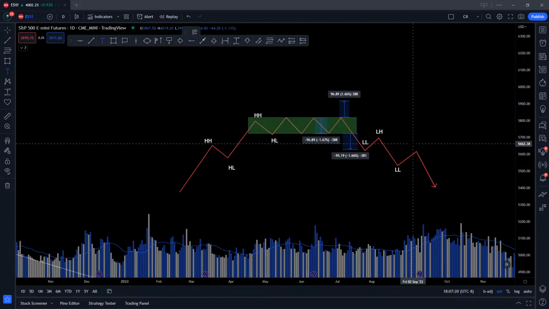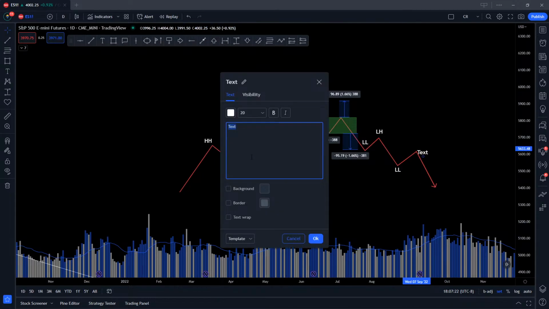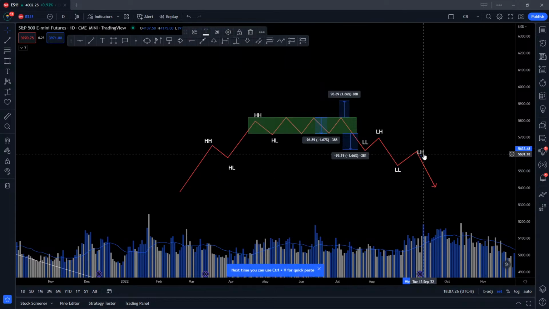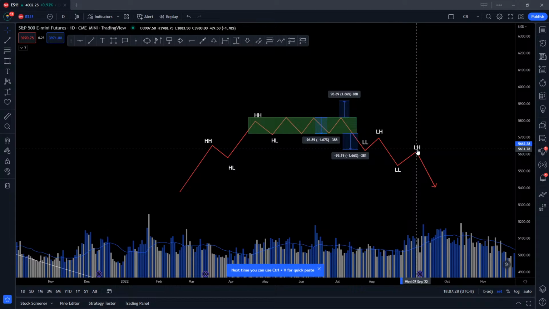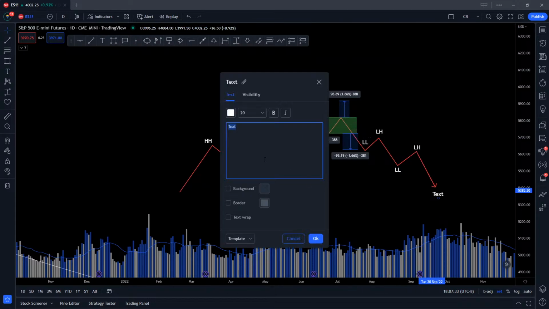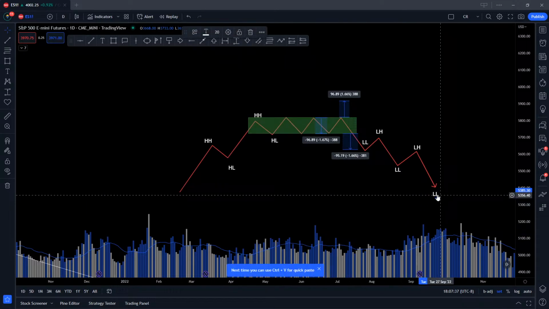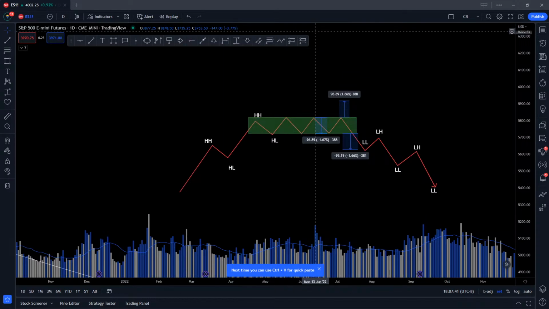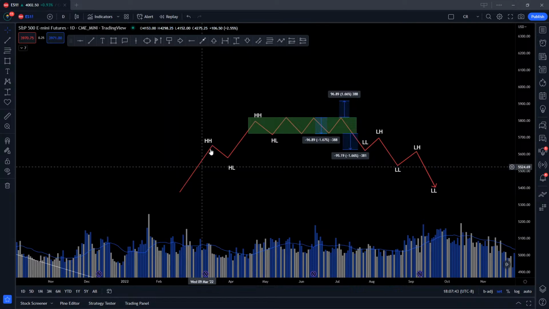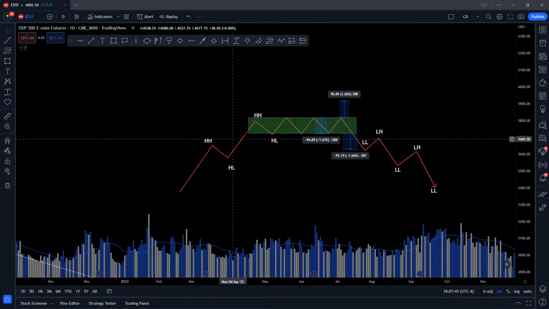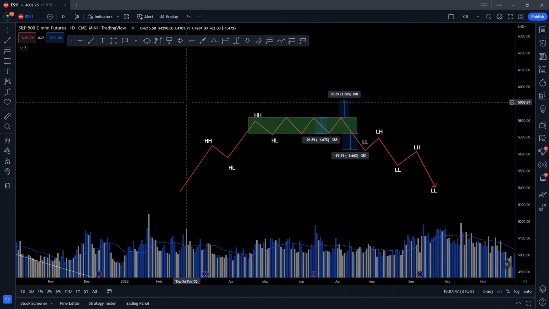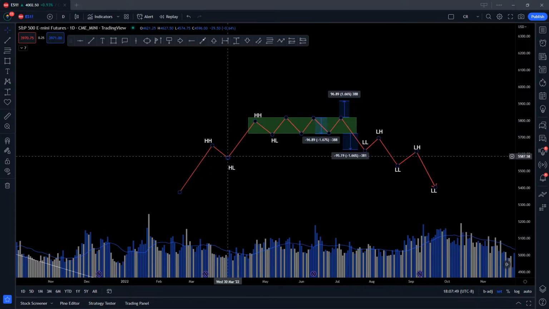And then lower high. And then finally here we have our lower low. So everybody should know, the market doesn't move straight up, straight down. It's going to move in waves up and down. And where this becomes important is